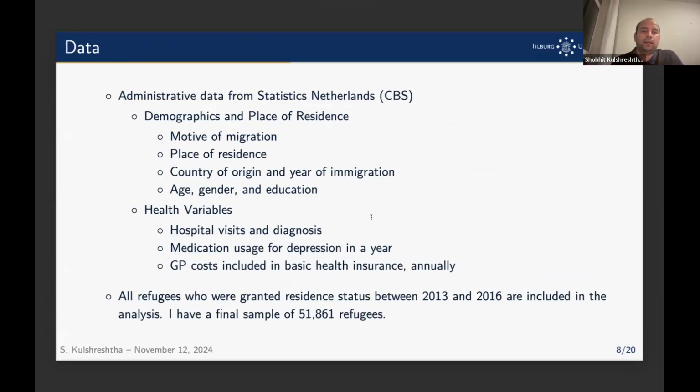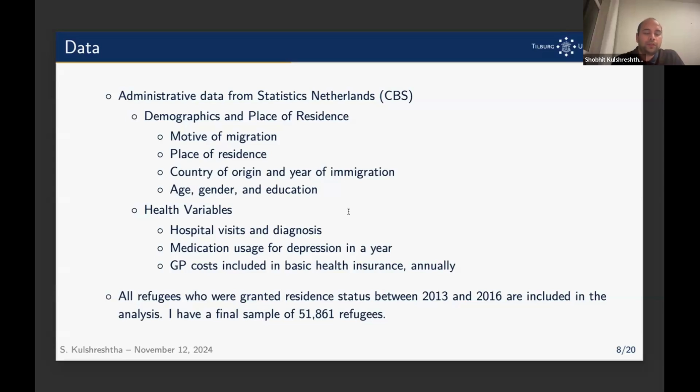The data comes directly from Statistics Netherlands, which is administrative data from the municipality records, and also the health registers, and also what kind of medication they use. I have the information for almost the whole refugee population that arrived during this time, 2013 to 2016. And unlike many other studies in this literature who kind of